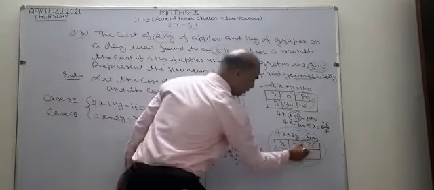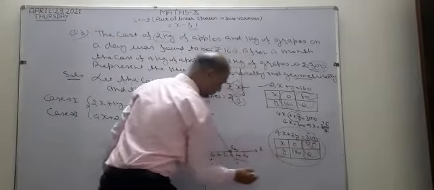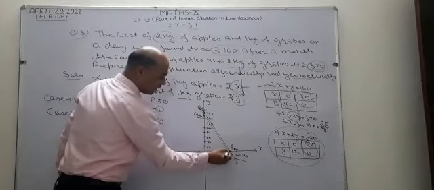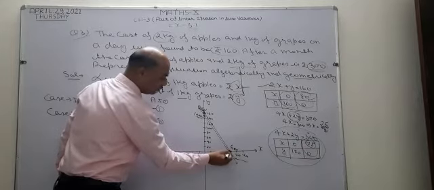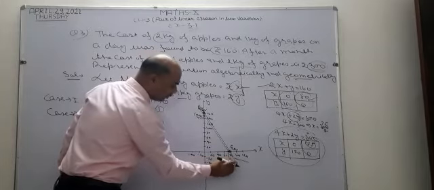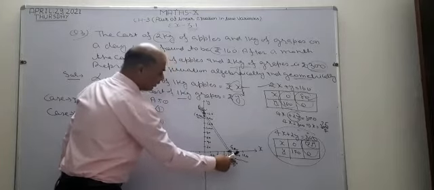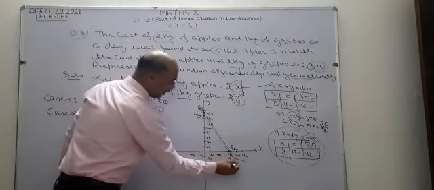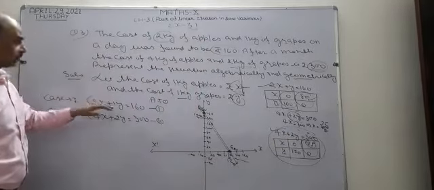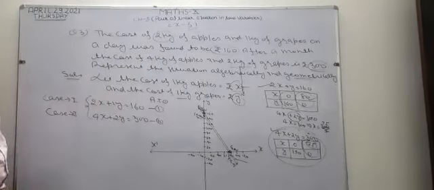After that, the second point, y equal to 0. y equal to 0 is on the x-axis and the x value is given as 75. I take 75 here. Between 70 and 80, 75 is there. So this point is represented by 75 and 0. I take the x value first, after that I take the y value. After joining these two points, this line is the graph of the second equation. So this is the graphical representation of the given condition. Is it clear? I hope it is clear.